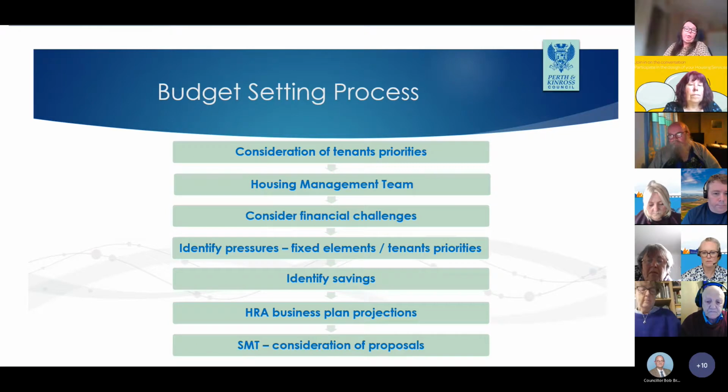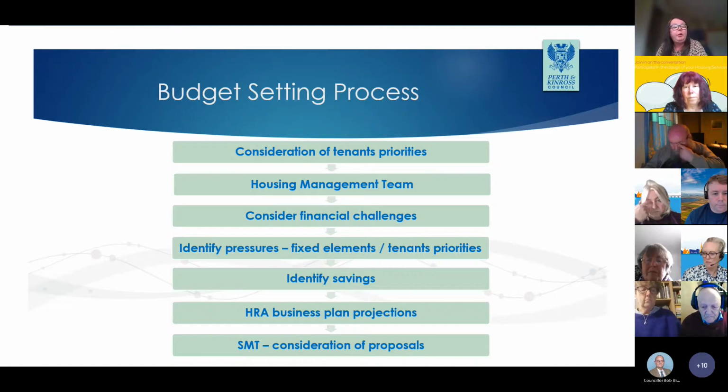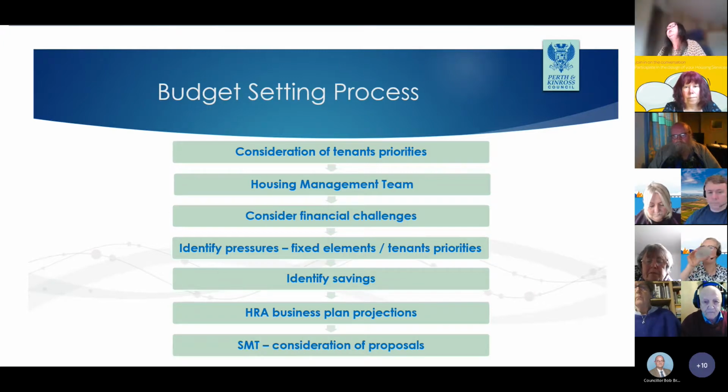The screen and the table that is in front of you today outlines how we work our budget setting process. Many of the slides that I'm going to present to you today were in the pre-conference presentation, but we thought it would be worthwhile to cover these again so that if there were any further queries, then these could be raised with us today. The budget setting process starts with the consideration of the most important aspect, what our tenants' priorities were in terms of the rent setting priority survey that we sent out earlier this year and that we discussed at our June conference.